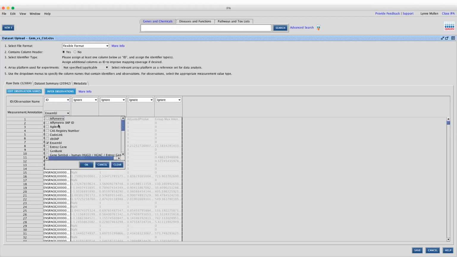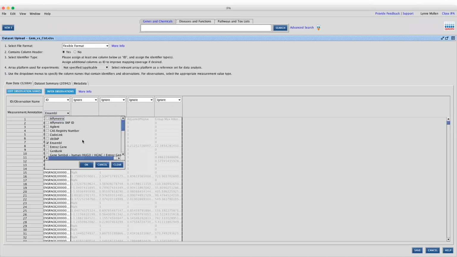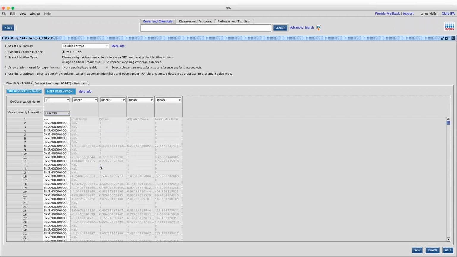And you can see here, this is all the different identifier types that you can use. So RefSeq, PubChem, KEGG, HUGO, Entrez Gene, and much more. And I mentioned earlier, you can have more than one identifier type in the same column. So this is a really good way to go ahead and check and make certain that, yes, IPA has called that correctly. Okay. You can see that after I made that selection, this data set summary went from 0